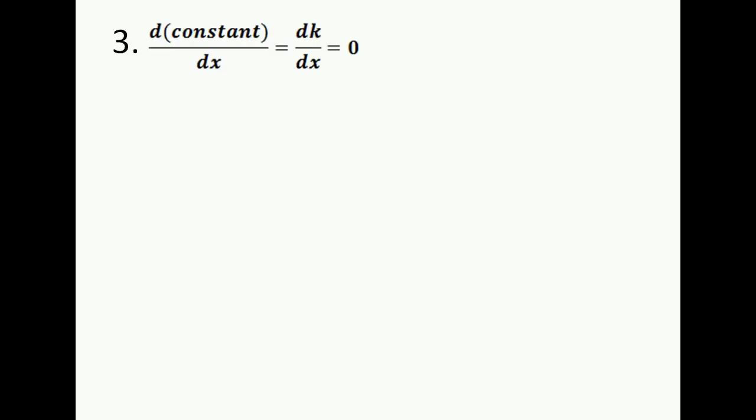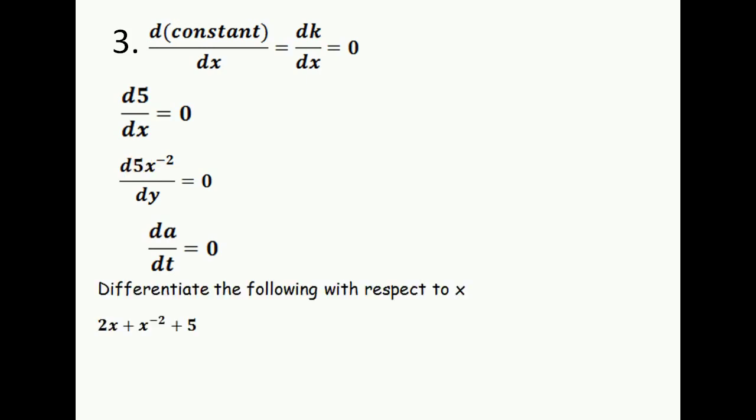Now third formula. So d/dx of constant, out here you can say I am differentiating k with respect to x. That means there is no x in k. So we'll get 0. Example, d/dx of 5 is 0. d/dy: now this time I am differentiating with respect to y. So we don't differentiate every time with respect to x. We can differentiate with different variables also. So out here you can see there is no y in the numerator. So this whole thing is constant. So we'll get 0. dA/dt: there is no t in the numerator. You'll get 0.